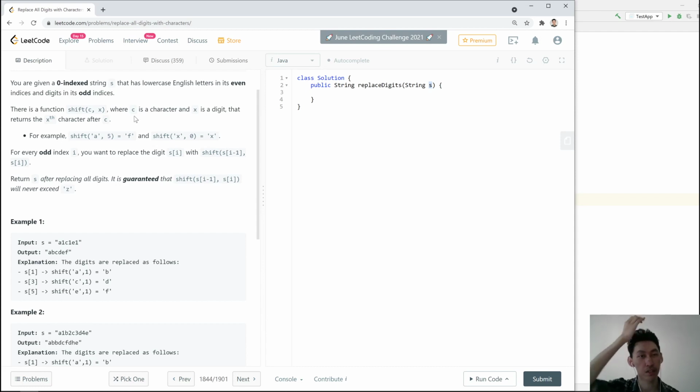There's a function, shift. C is a character and X is a digit, returns the Nth character after C. I know why they're using X. I would have used N. Okay. Right, so it's A, B, C, D, F, and that's 5 indices. Okay, yep, got it. For every odd index I, you want to replace the digit